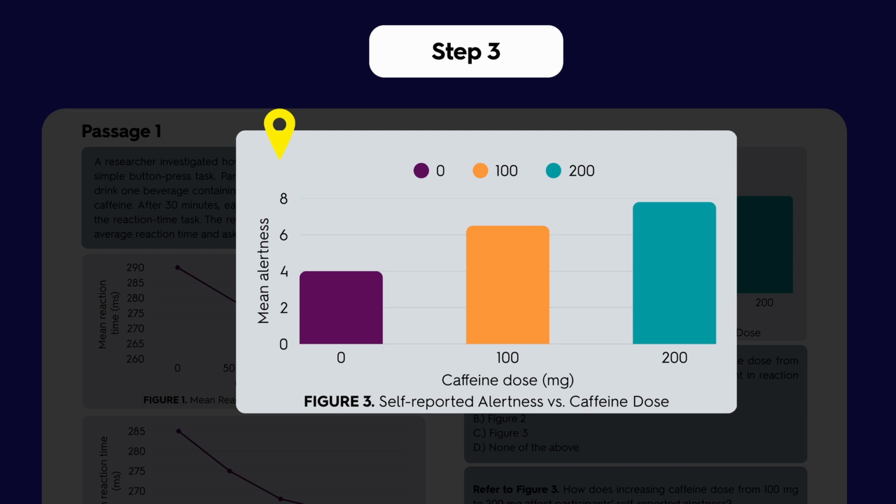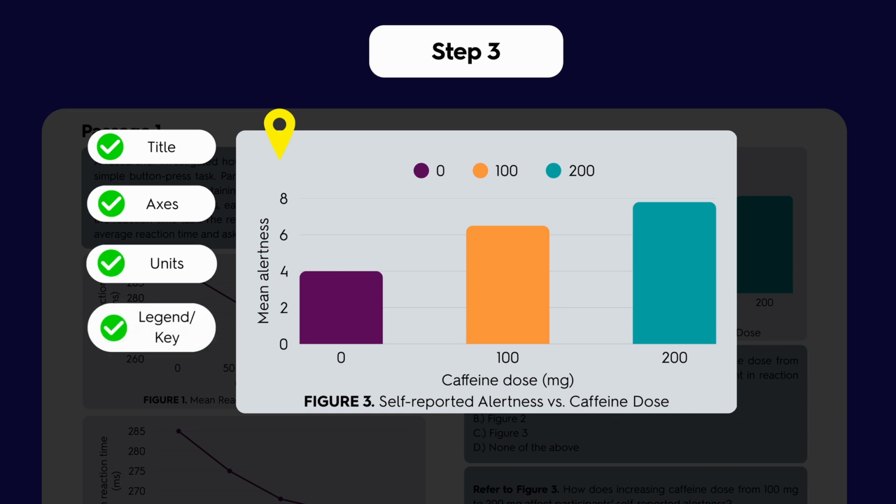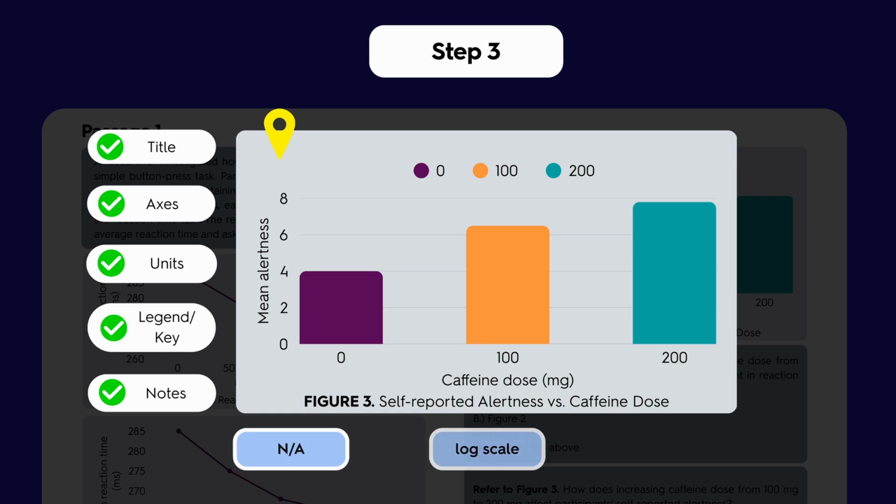Finally, read the frame before the data. Check the title, the X and Y axis labels, the units, and the legend or key. Also, scan notes like NA or not applicable, log scale, or per minute, because one tiny label can flip the